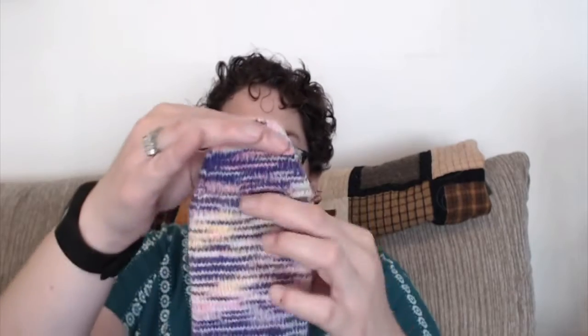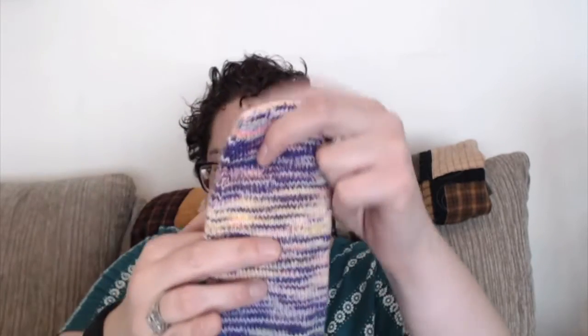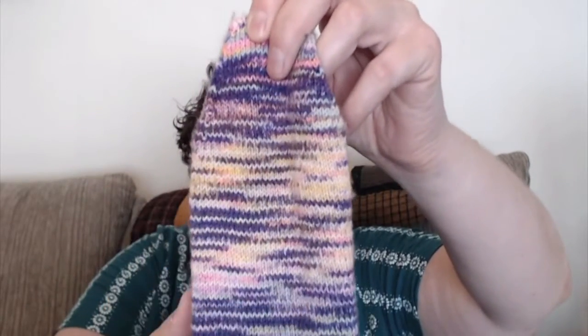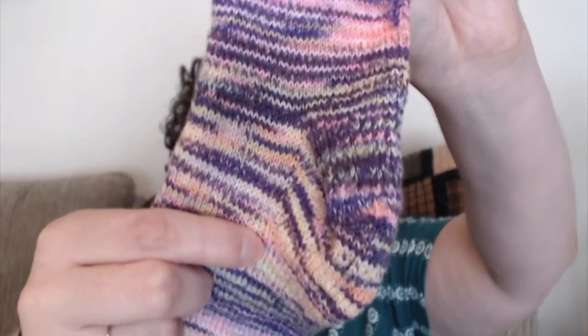Totally up to you. Whatever works best for you is what's most important, I believe. So I increase my toe cup until I'm at about 68 stitches, which is what I did on this sock. And I knit straight down the foot. I start the gusset when I'm about 3 inches shy of the